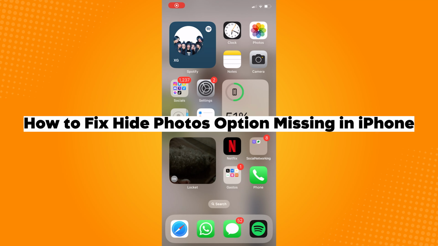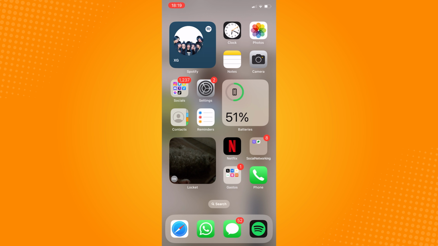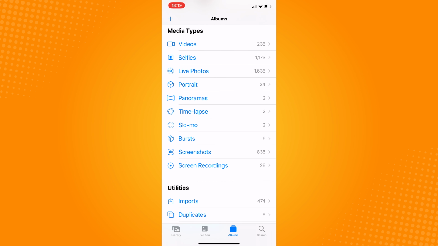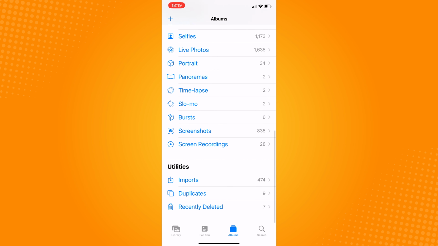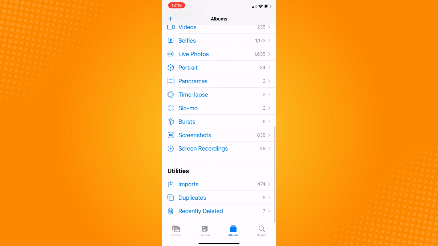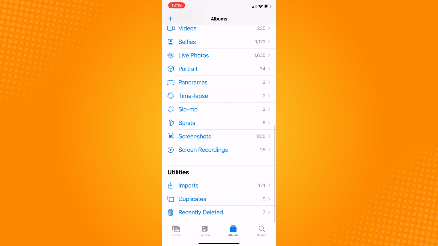How to fix hide photos option missing in iPhone. So go ahead and open your Photos application, and as you can see, there is no hidden photos section in here. And if this is your problem, what you want to do is open Settings, scroll down and click on